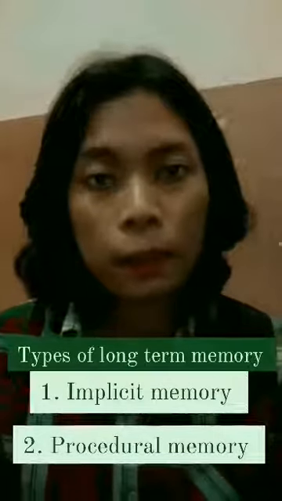Types of long-term memory. The first is implicit memory, and the second is explicit memory. Implicit memory is memory that can be unconsciously recalled. This is also known as procedural memory. It is a memory of skill and how to do things, particular movement of body parts, and use